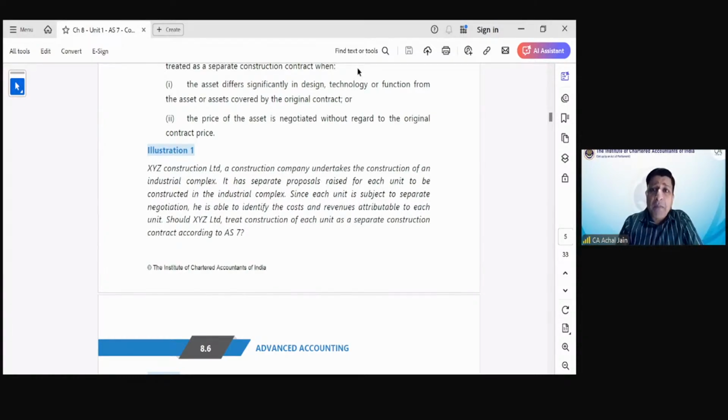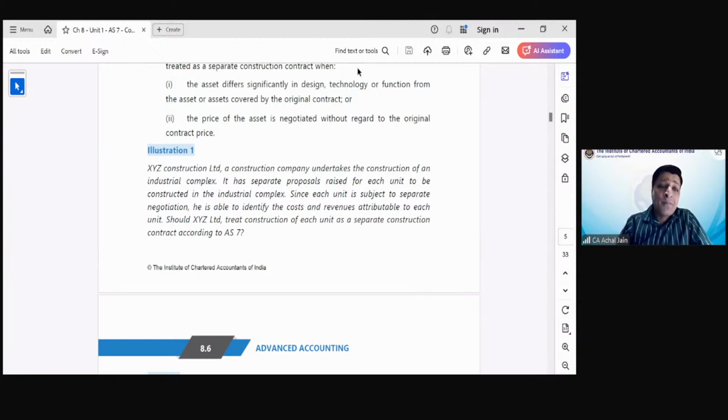Great. Tanu is asking combined contract. What about others? Hardik is saying it's a single contract but independent in nature. Okay, so that means you try to say it's a single contract. Great. Sakshi is saying it's a single contract. Rojalyn is saying it's a single contract. Tanu is saying it's a single contract. Veshwari is saying it's independent contract. Interdependent means single only. Yeah. So Abhishek, Nitin, they are saying it's single. Pooja is saying interdependent single. Nan is saying single. So I think now everyone is saying it to be a single contract.